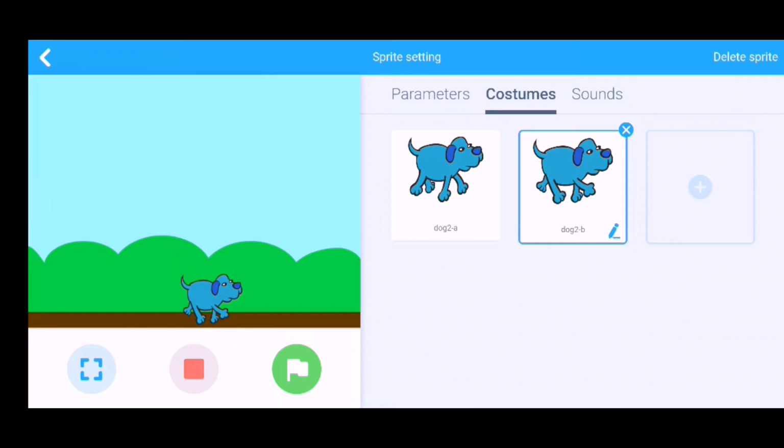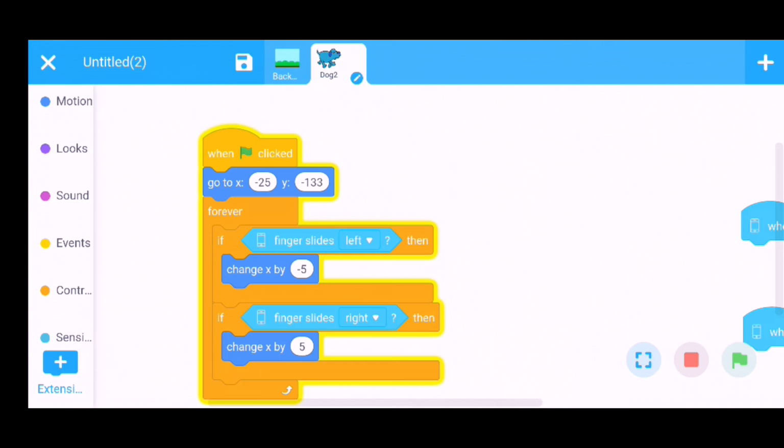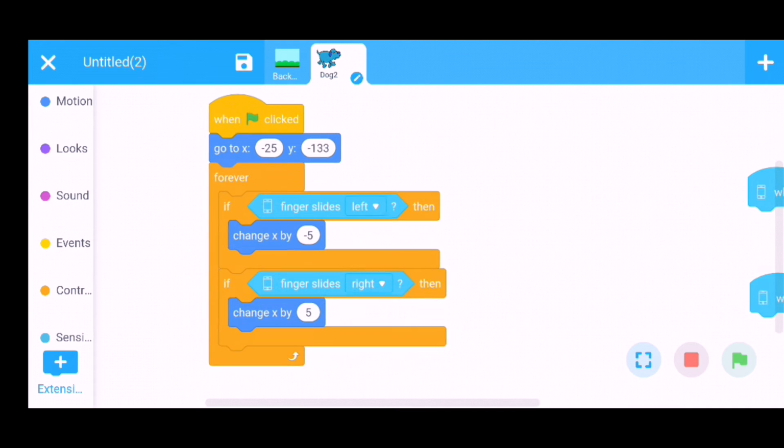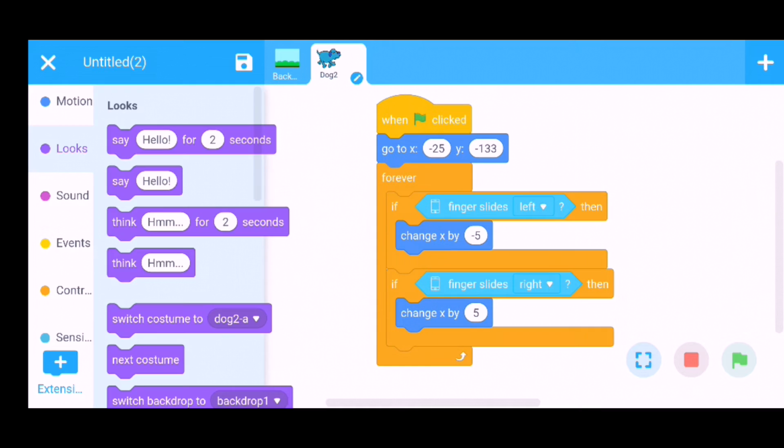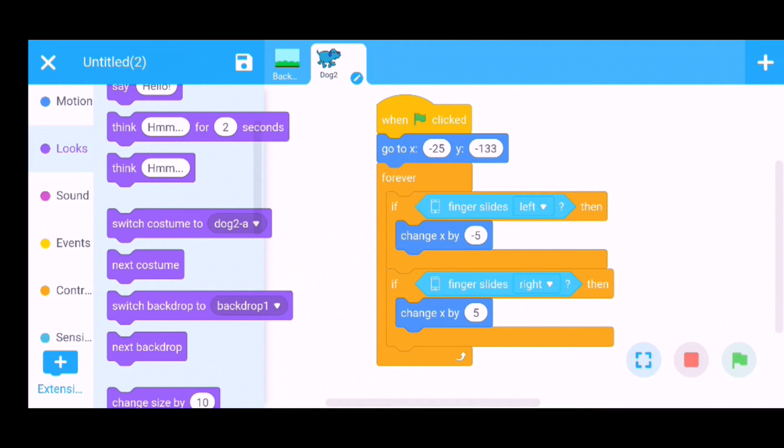For a natural movement, we use these two costumes and we use swapping of these two costumes. For swapping of these two costumes, use another command, that is this one, next costume.